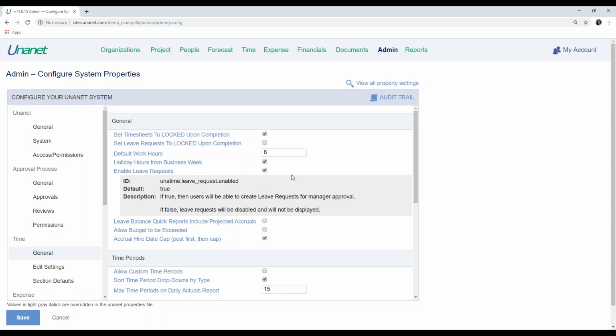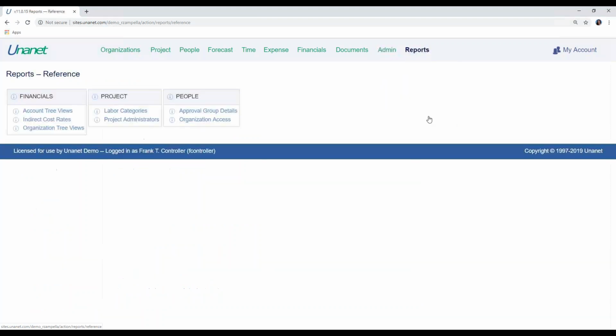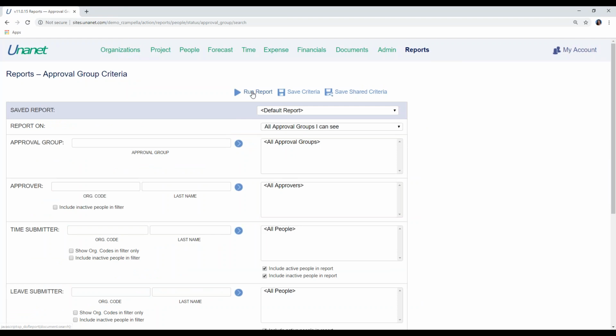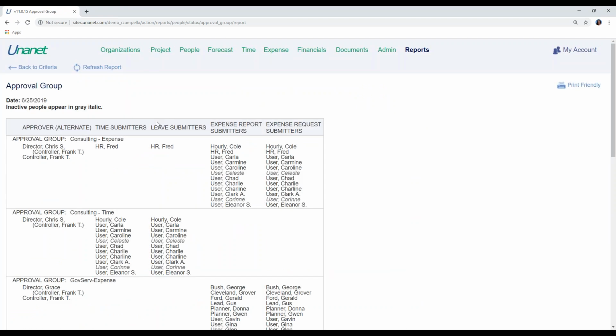So you may choose to activate this feature or not. You may choose to require approvals or not, and you may have a separate approval group from your timesheet approvals if you'd like. So we would also need to set up a separate approval group if needed. I happen to have them already set up in the interest of time today. So you can see here in my reference report that I have approval groups already set up with leave submitters